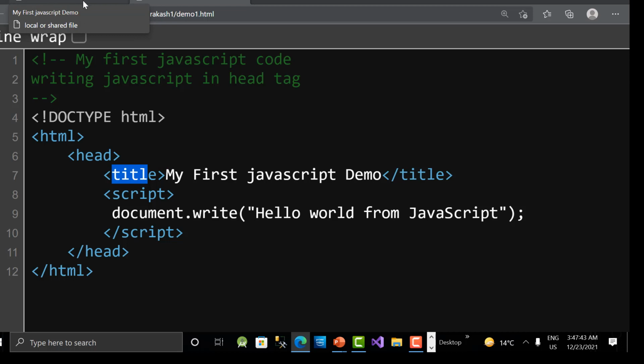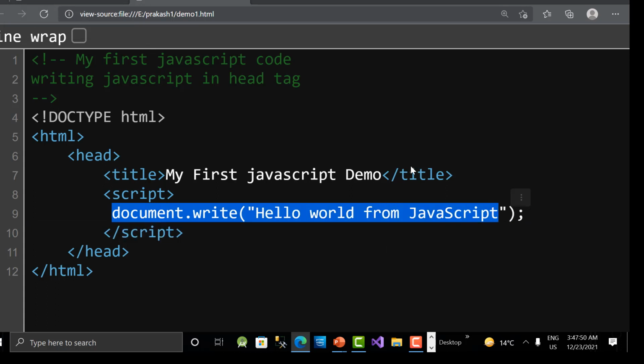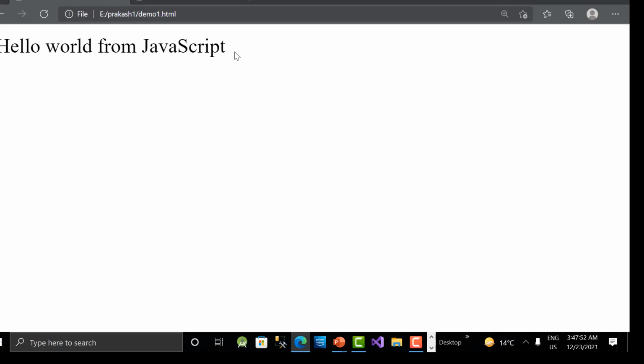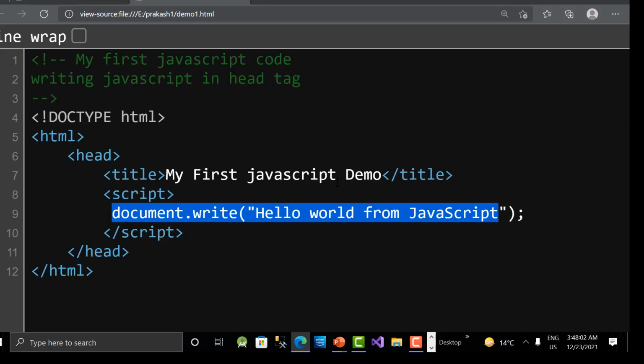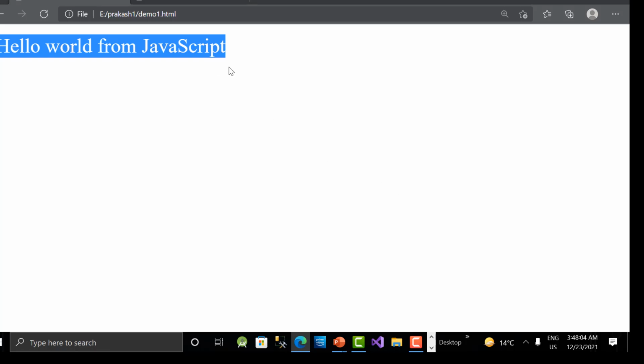You can see here my first JavaScript demo title. And script tag open close, inside that I wrote document.write hello world from JavaScript. This is what we got the output, guys. This is the title of the HTML file. Okay, so in this way we can run JavaScript code with the help of head tag.